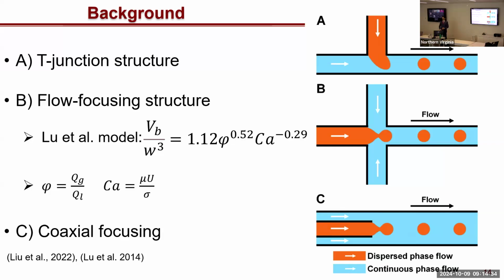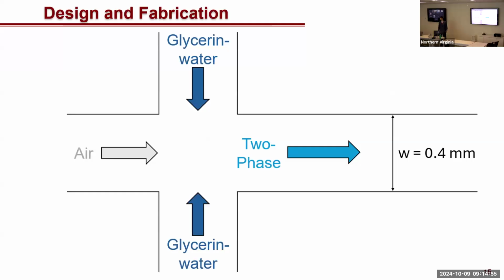So there are three important phases within the microfluidic structure. There's the dispersed phase, the continuous phase, and the two-phase flow region. So the dispersed phase for producing bubbles is going to be some sort of gas. The continuous phase is going to be some sort of liquid, and then in that two-phase flow region, you have bubble slugs. And so applying this to our model, we are using air for the dispersed phase, glycerin water mixture